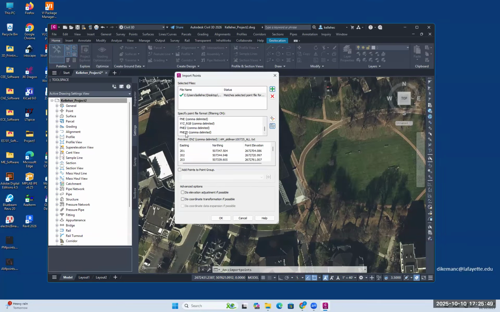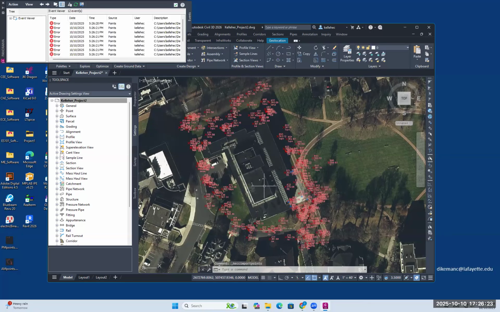And I'm going to tell you that we want this PNEZD comma delimited setup. So now we have our point number, our northing, our easting, our point elevation, and our raw description. We're going to add these to a point group, and we're going to click the little plus sign here, and we're going to call this project 2. We're probably also going to make a separate group that has to do with our topography points. And that's something that you will see in a future episode. So stay tuned. When you have entered all of that in, you're going to say, okay, and your points should